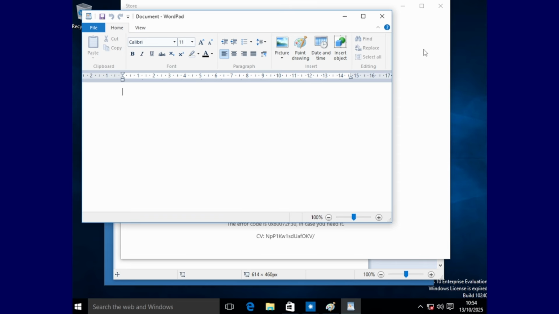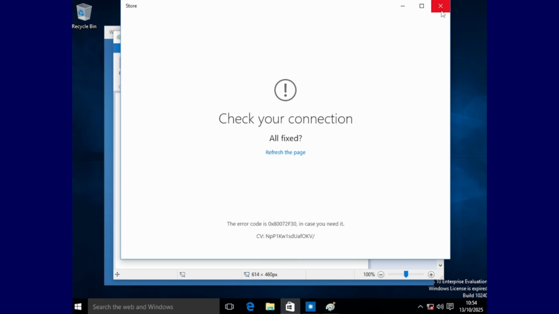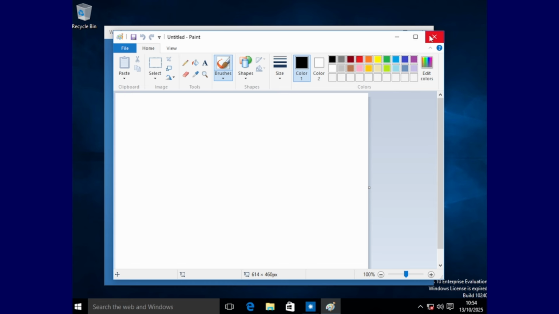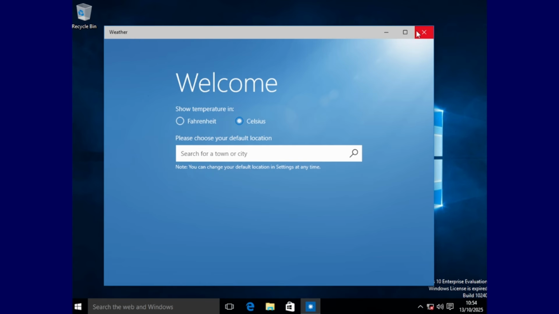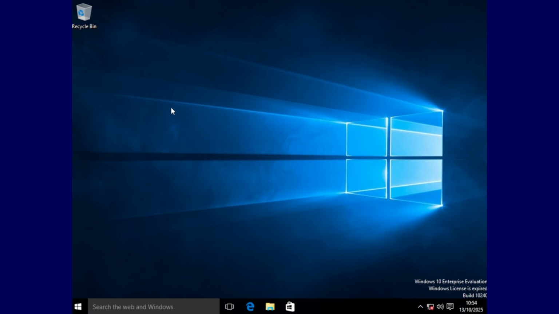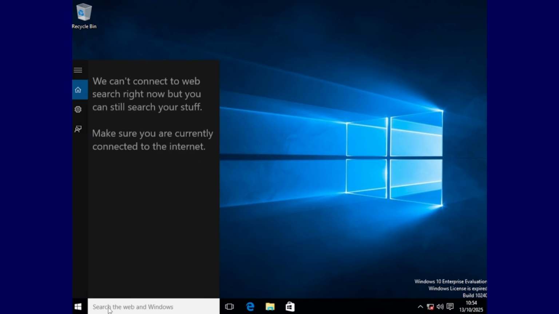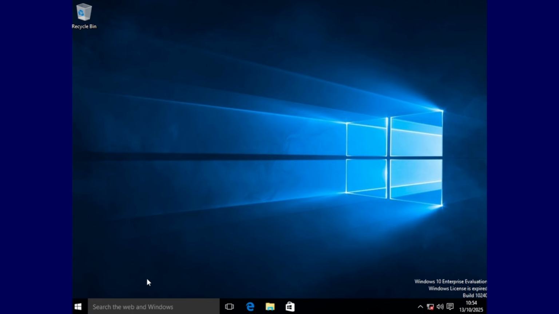Now, you may be wondering, why isn't the title bar coloured? This kind of makes it look like the app isn't in focus. And you would be right, because the original builds of Windows 10 did not support a coloured title bar. They were all white. That is something I never liked about the original build of Windows 10. One thing that you will notice is that you got a search box.